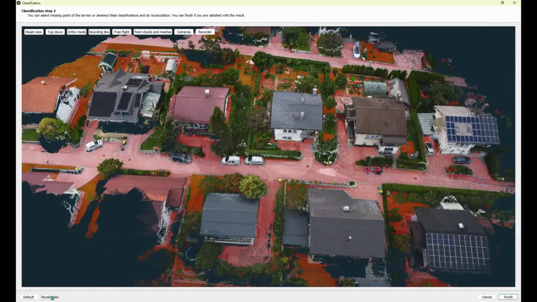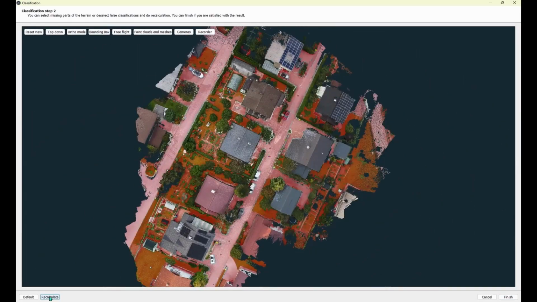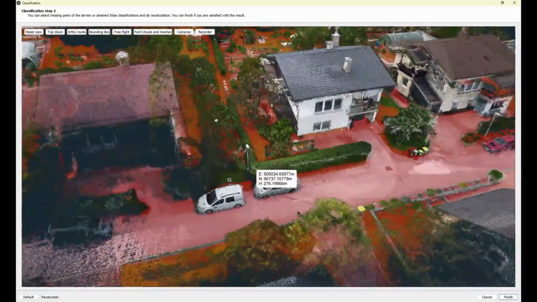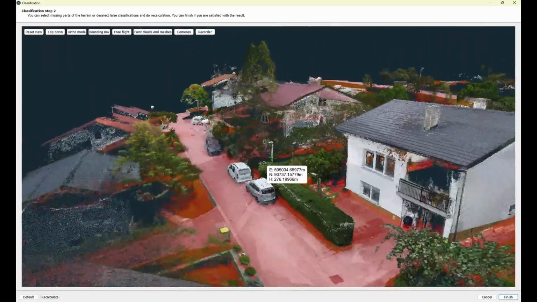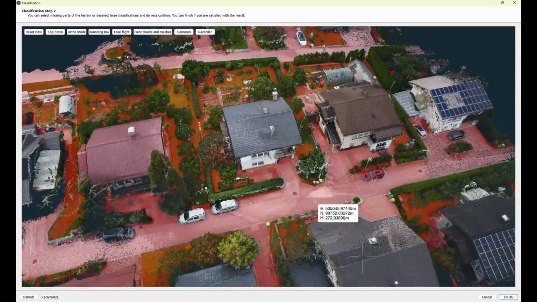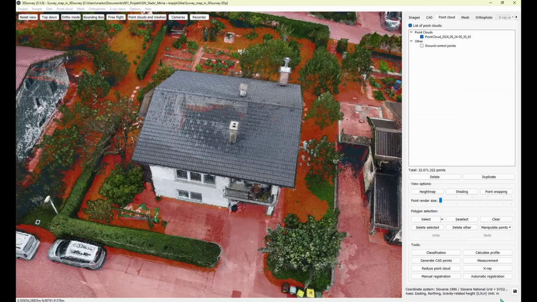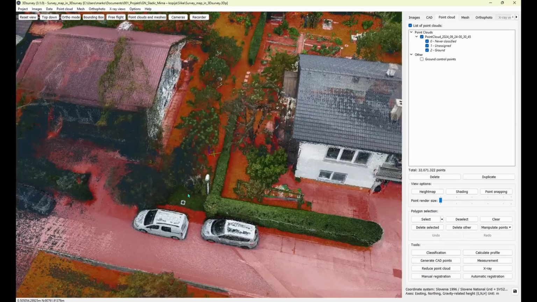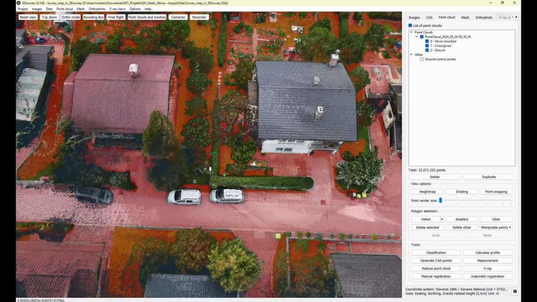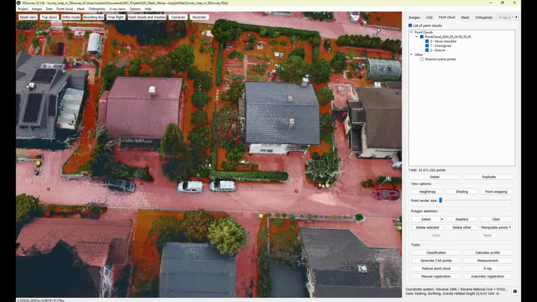Okay, quick trick. If you click calculate on the left side, you're actually repeating the classification process again. And I would say I'm quite satisfied now with this result. So I will click on finish to finish my classification. Of course, I could spend even more time to add those parts which are super hidden, and maybe also here. But for first, I think for the contour lines, which is kind of a terrain approximation, this should be good